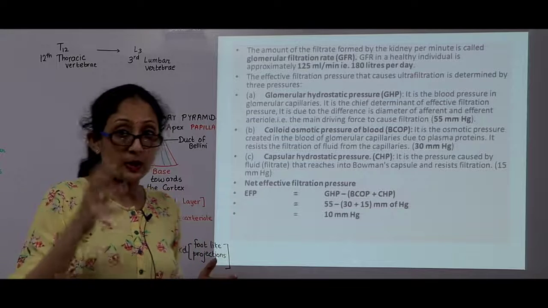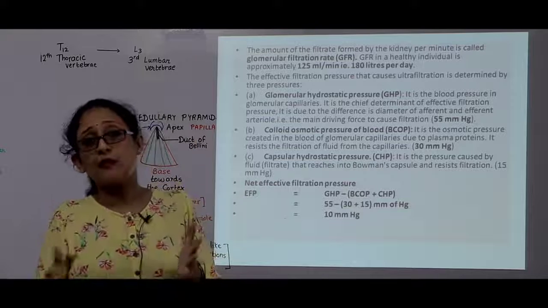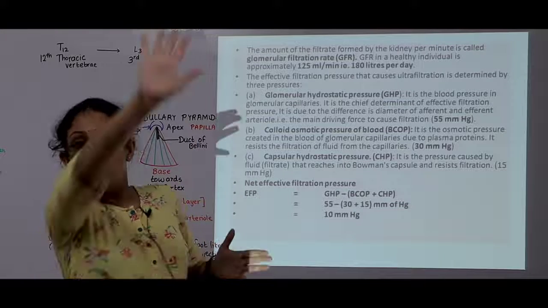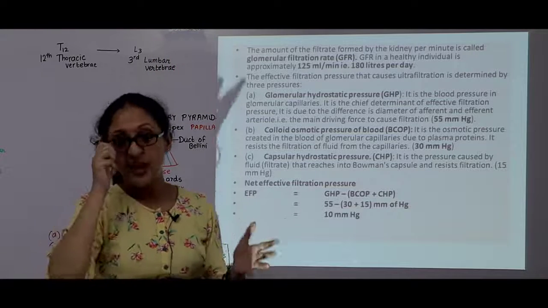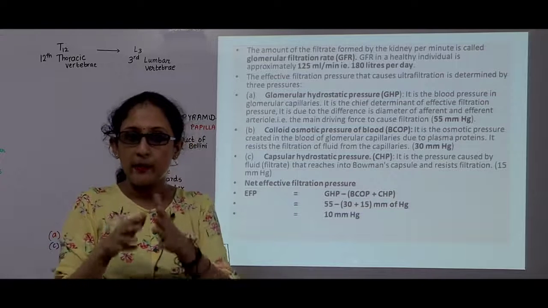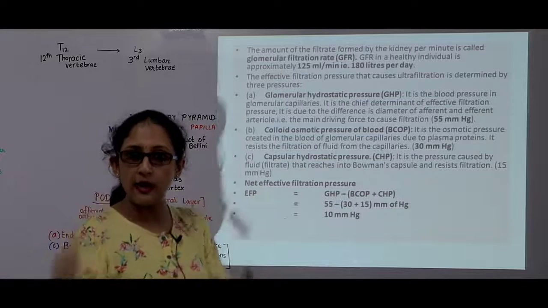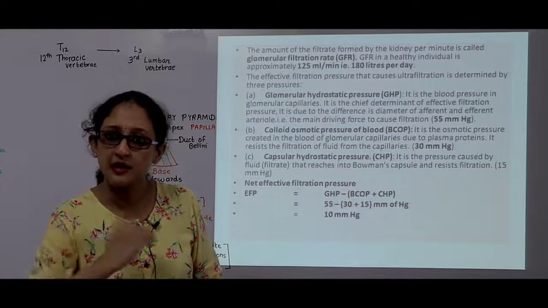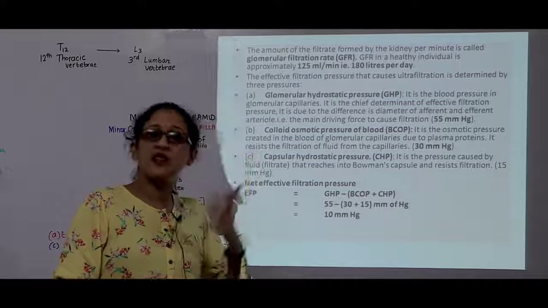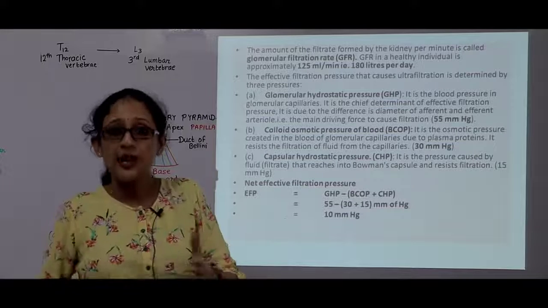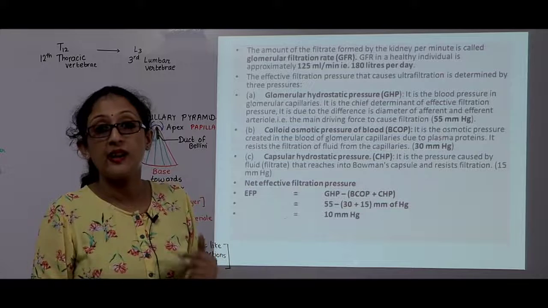So even if fluid wants to come, it cannot completely come until that Bowman's capsule is completely evacuated. So the Bowman's capsule also contains fluid, and that already existing fluid of previous filtration will resist new entry of fluid. For example, if I had to enter at Andheri, people are already standing over there from Borivali. So Borivali people will stand at the train and not allow me to enter. They resist the entry of new molecules.